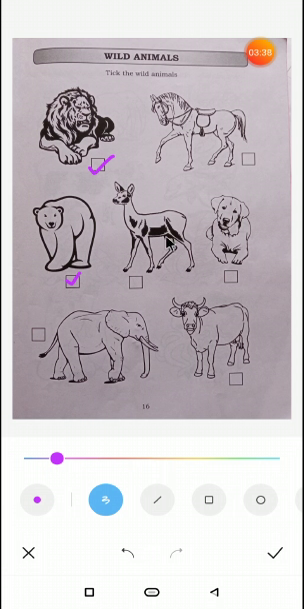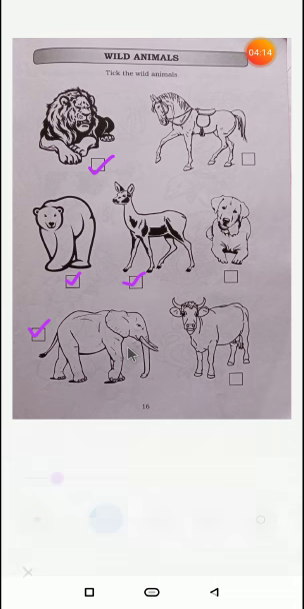A deer also grows in the wild. It is a wild animal, so we will tick it. A dog is a domestic animal, pet animal, useful animal, so we will not tick the dog. Elephant is a wild animal, so we will tick it. And this is the cow, which is a domestic animal. It gives us meat, it gives us milk, it lives on the farm, therefore we will not tick. So the animals that are ticked are lion, deer, bear and elephant, wild animals. Okay, children. Next we have